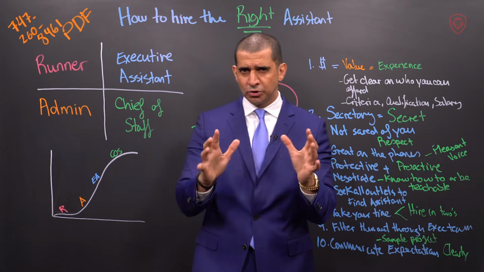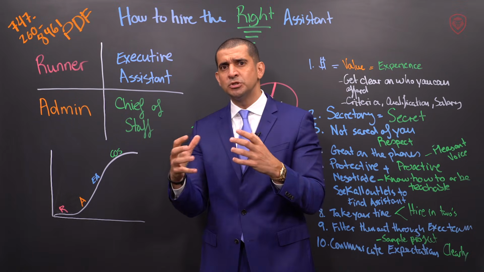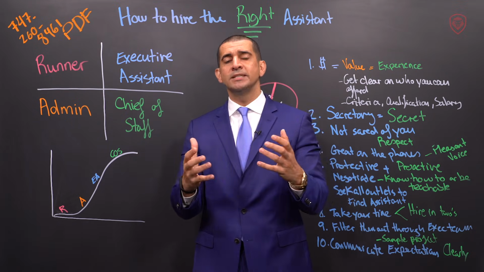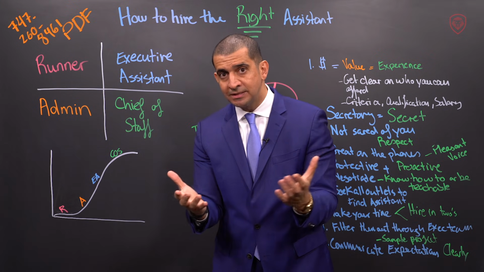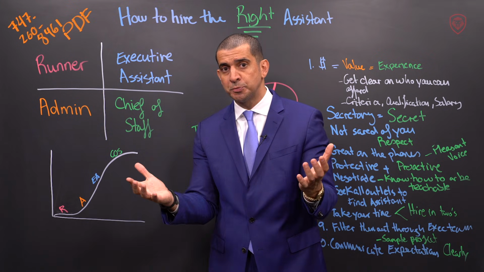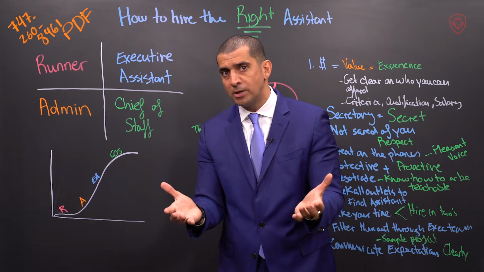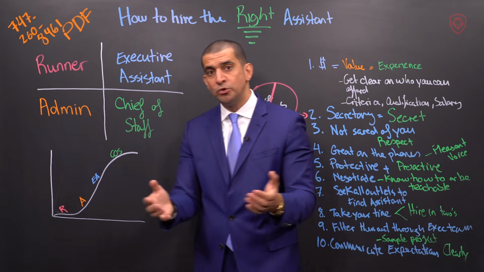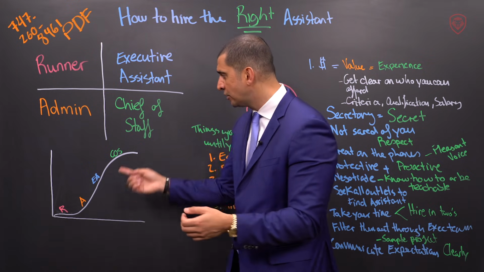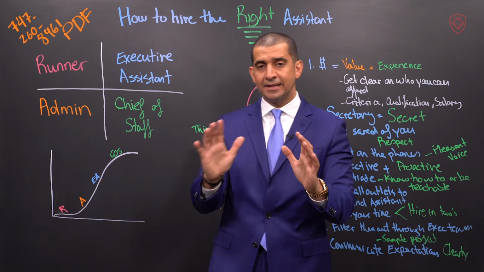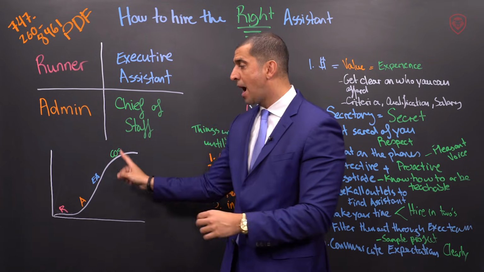So again, having said that, this isn't just, hey, how do I get my own assistant? I don't know how big your business is. I don't know how many employees you have. I don't know how many salespeople you have. I don't know how big your board is. I don't know how much revenues you're doing. If you're doing $100 million, you can't just get a runner. If you're doing $500,000, you can't go get a chief of staff. So you have to know exactly what phase you're at before you hire your assistant.